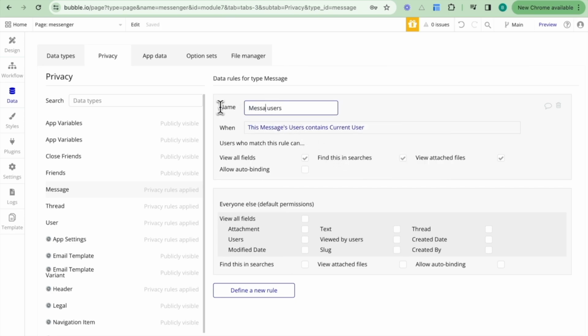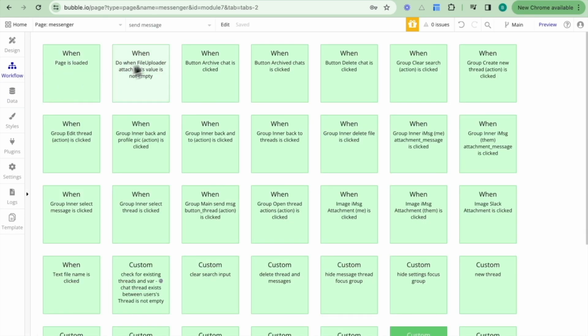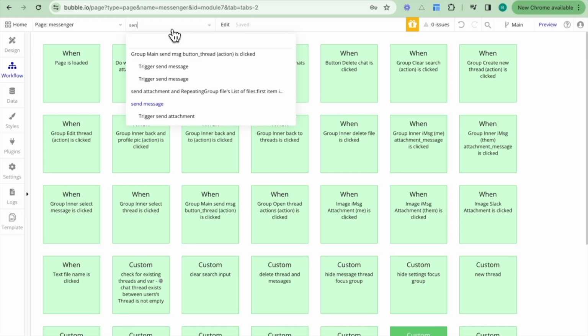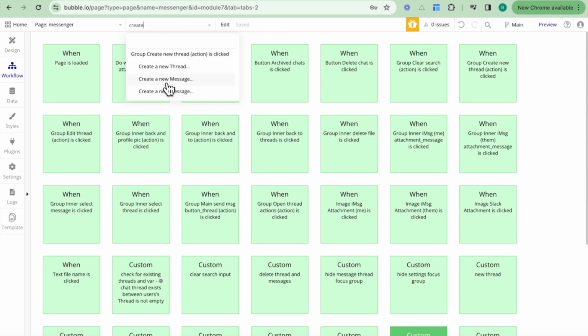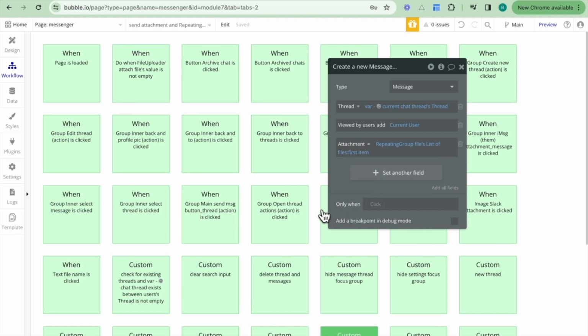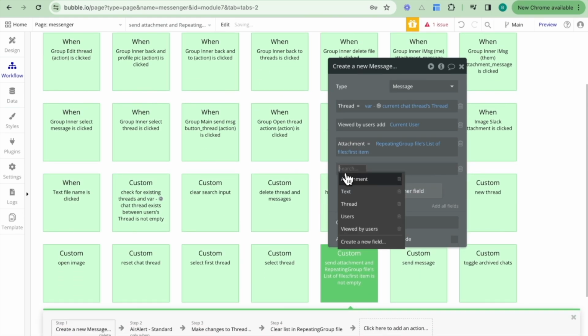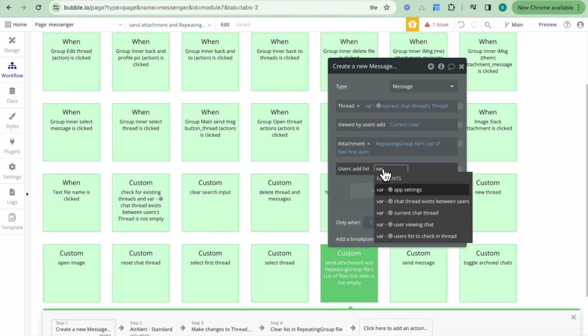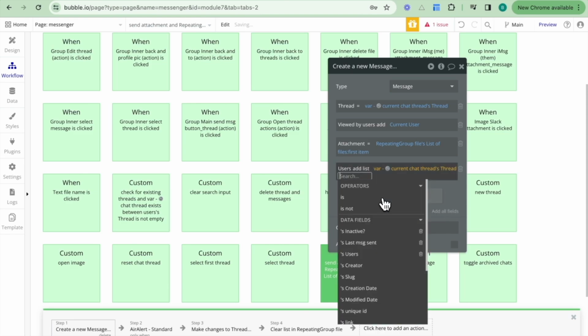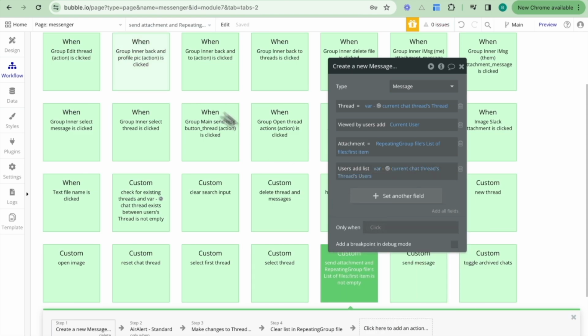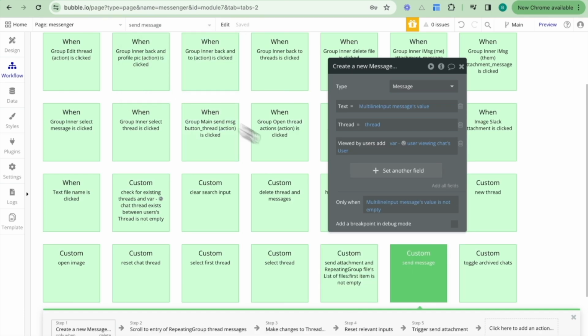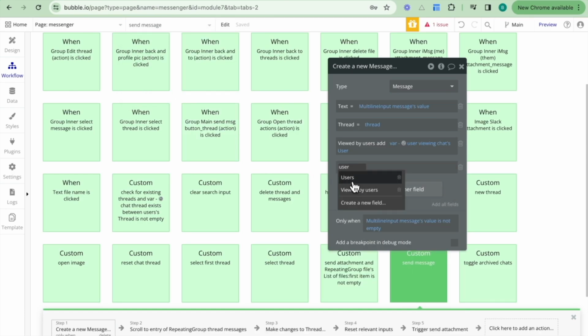And I will just update this name to message's user. So if you're part of the users saved on the message, you have access permissions to view that message. And what I also want to do is update all my related workflows. So for the create a new message over here, I want to update the users, and I want to add list being var current chat thread's users, and then I want to go create a new message here, and I want to go users,